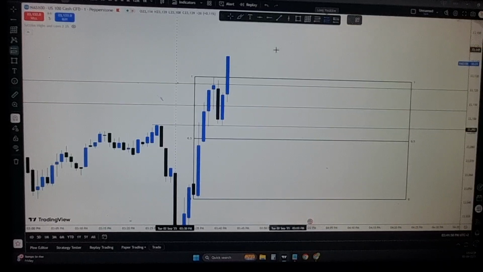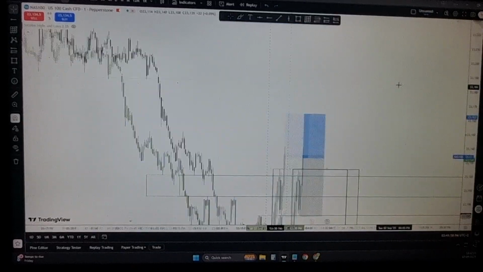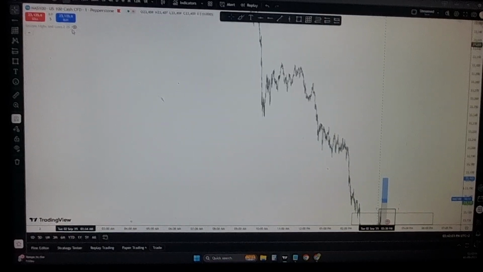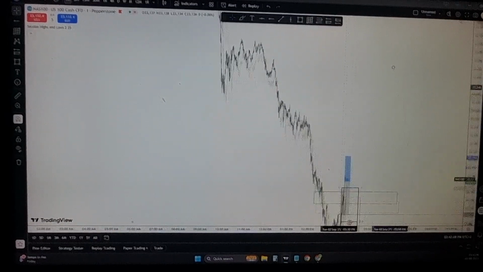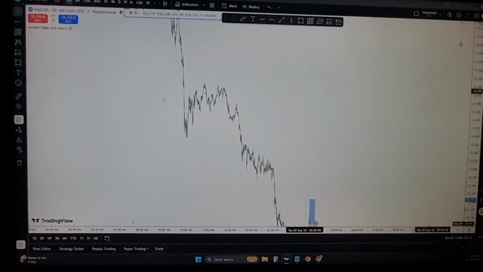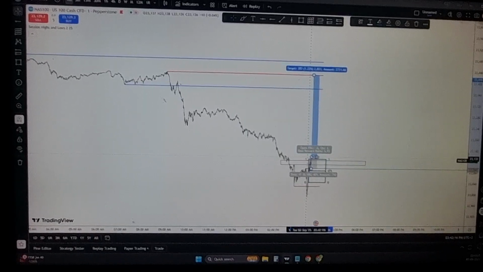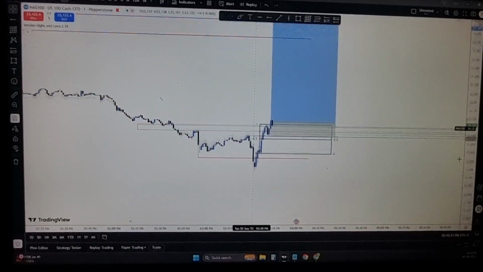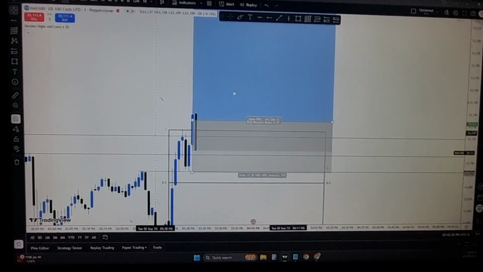Okay, so most people will be entering off this break of structure, putting their lows here, then targeting London session high. Let me just put my masterpiece tool on. Damn, okay, we are having a big R today. Okay, that's what most people were doing. Okay, break of structure, boom. Okay, but that's not me today.